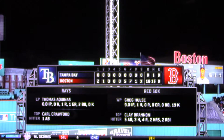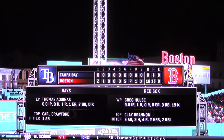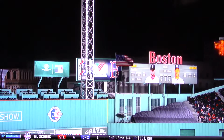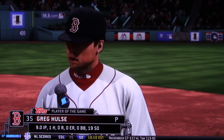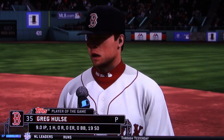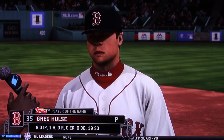One more look at the final line score there to see the great pitching performance that led his guys to the victory. And guys, you can't win if you can't score, so there's probably not a whole lot of debate about who'll take home top player of the game honors in this one. You have to figure he'll probably be